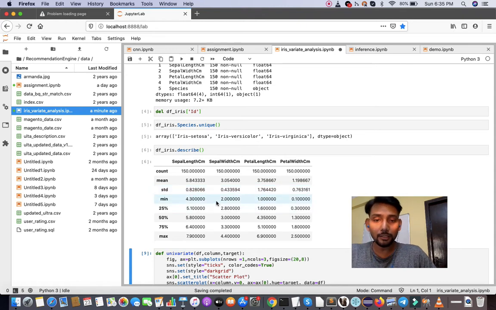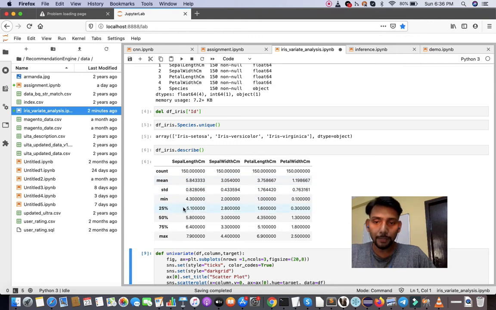Standard deviation is 0.82 for sepal length, 0.43 for sepal width, 1.76 for petal length, which is the highest among all features, and 0.76 for petal width, right? Basically these parameters are measured in centimeters, right?